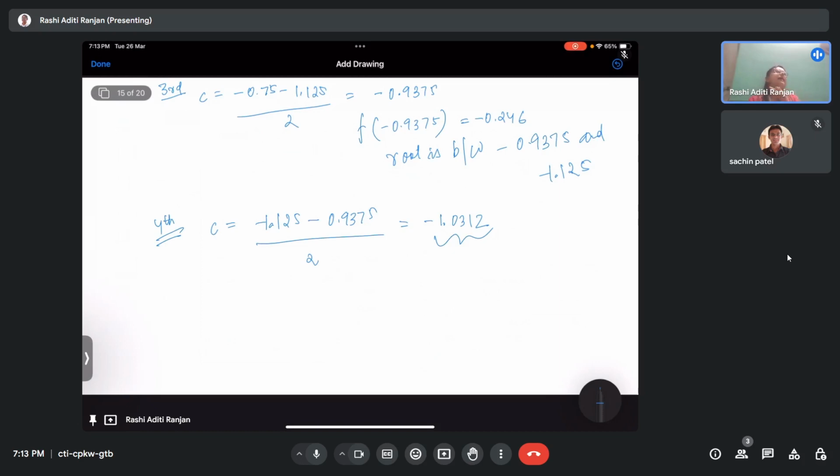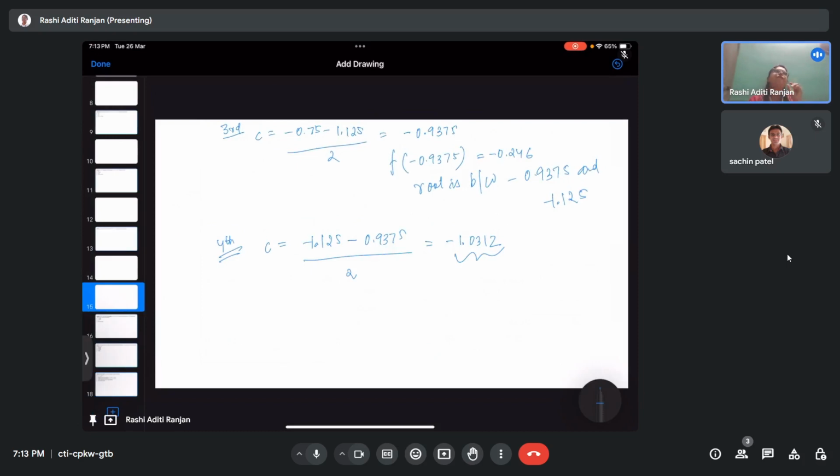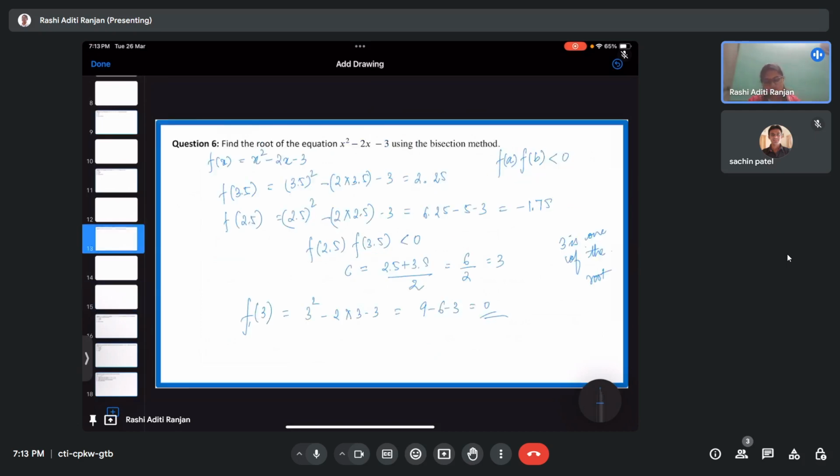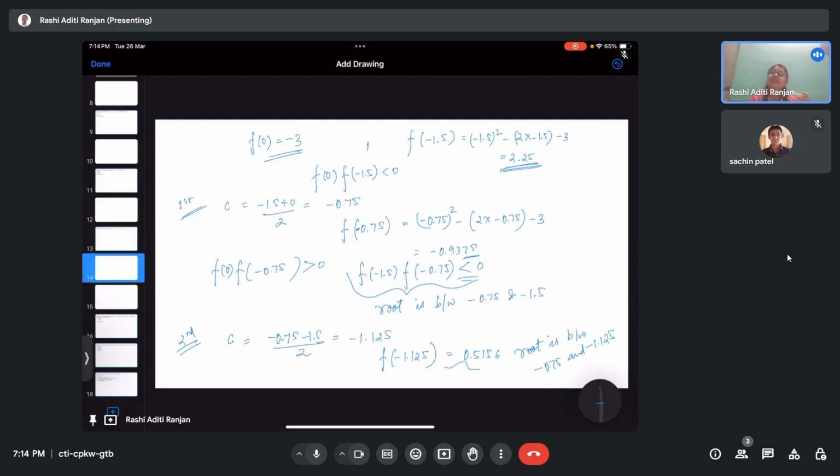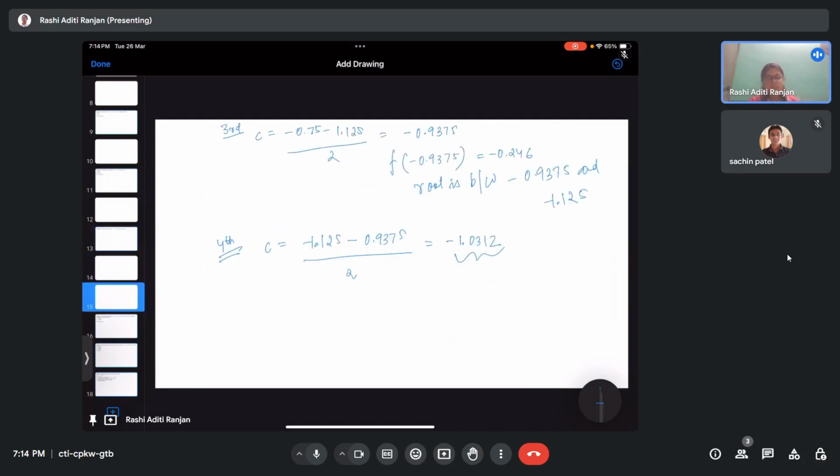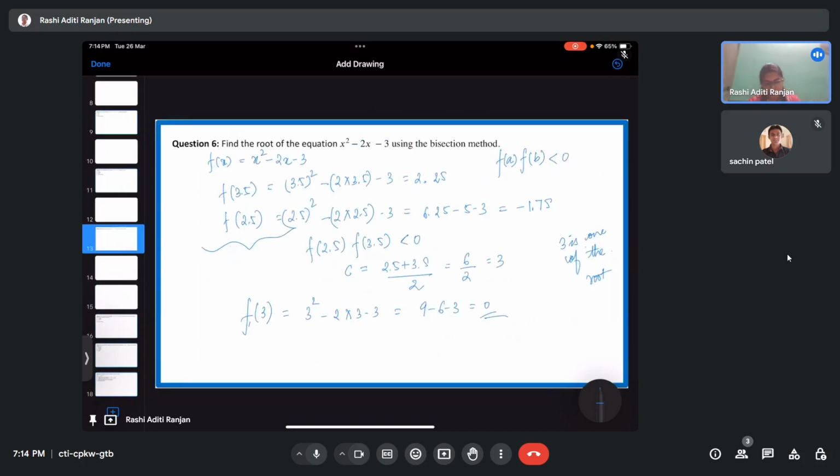Now see, the reason that I have taken these values is that my choice of A and B is going to actually affect how many iterations I need. My choice of A and B for finding the first root was so nice that in the first iteration itself, I got the exact root. However, this is the choice that I made for finding the second root. It was such that up to the fourth iteration, I have not got the exact value. Though I've got a value which is near to my root, because if you see my equation, x square minus 2x